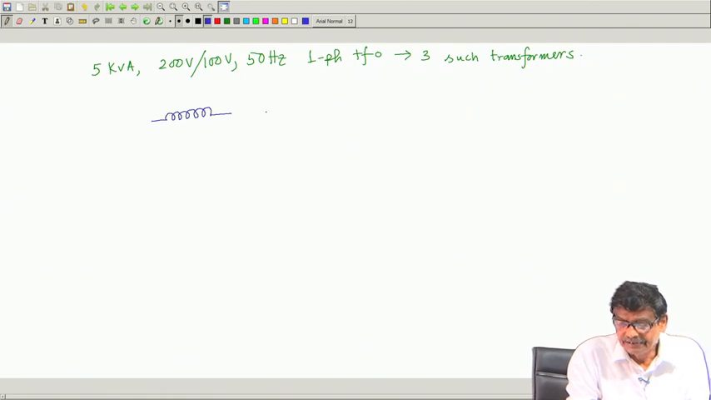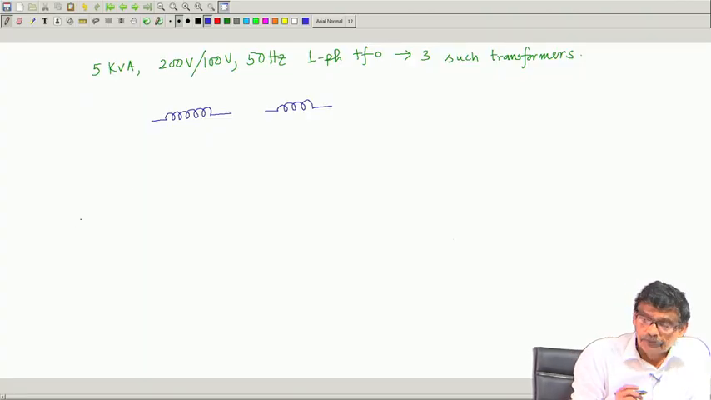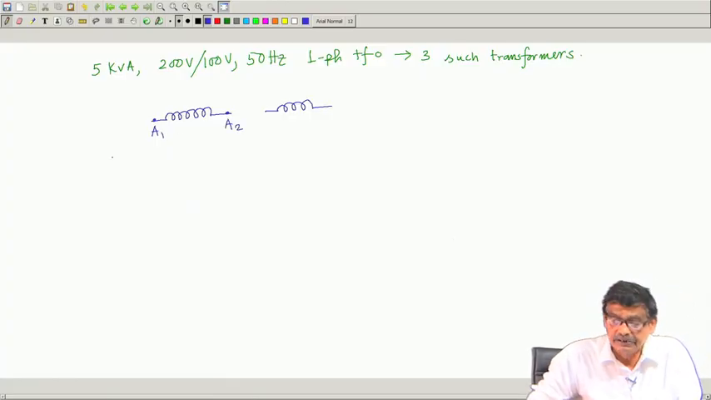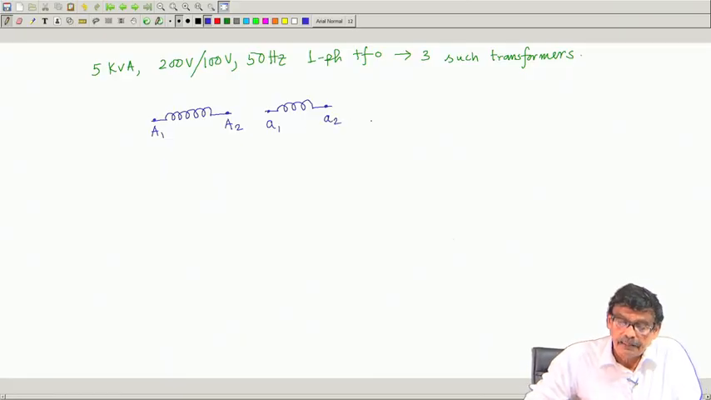Its primary, and this time for convenience I am sketching the secondary of one transformer like this. Okay. And I will mark the terminals as A1 and A2. Generally capital letters are used for the high voltage side, and small letters I will tell it is a1, small a2, lowercase letter, and this is capital letter. So, this is one transformer,